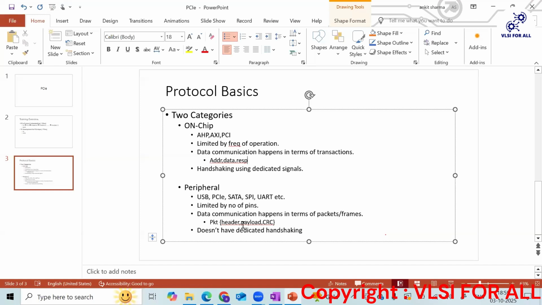So here the packet we are sending has that much information, and the reason behind it is because here we have dedicated handshaking signals, but there we don't have handshaking signals. So for that purpose we are sending the packet. Okay. Now if we go ahead,